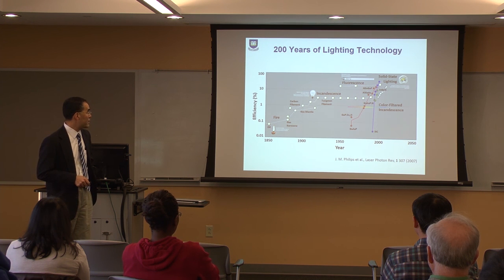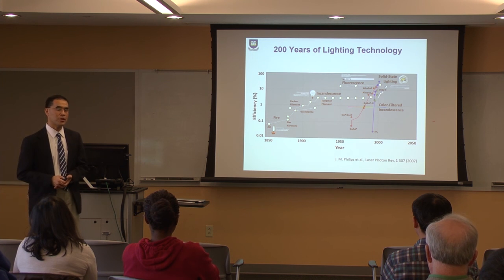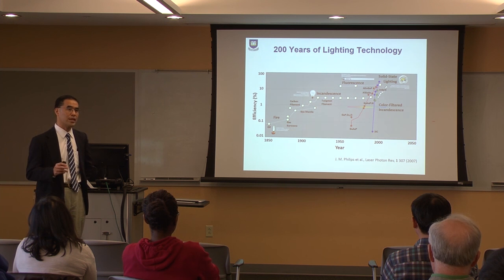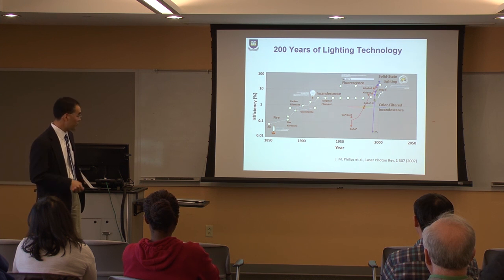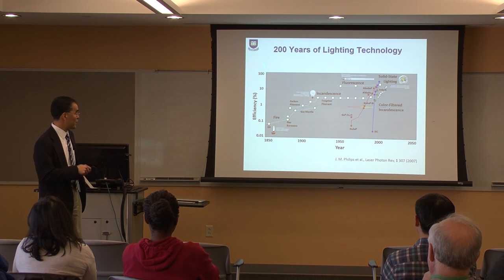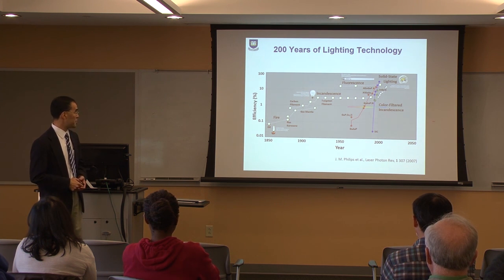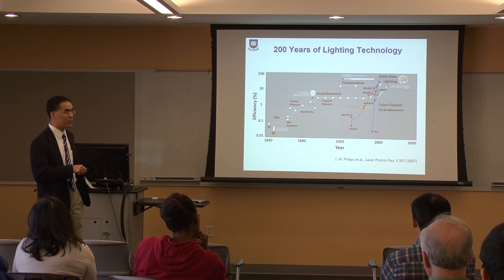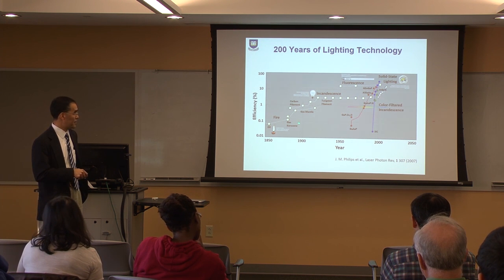So here I'll try to give a few different scans of the historical development of gallium nitride lighting. So we look at this field in different angles, different ways. This plot is the efficiency of different lighting technologies over the past 200 years. The vertical axis is a semi-log plot. So we have the power conversion efficiency, power to power, of different lighting technology from Gen 1, you use